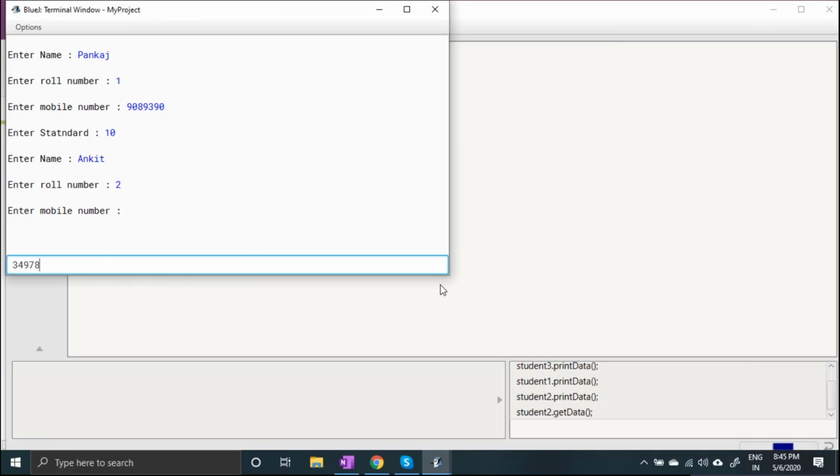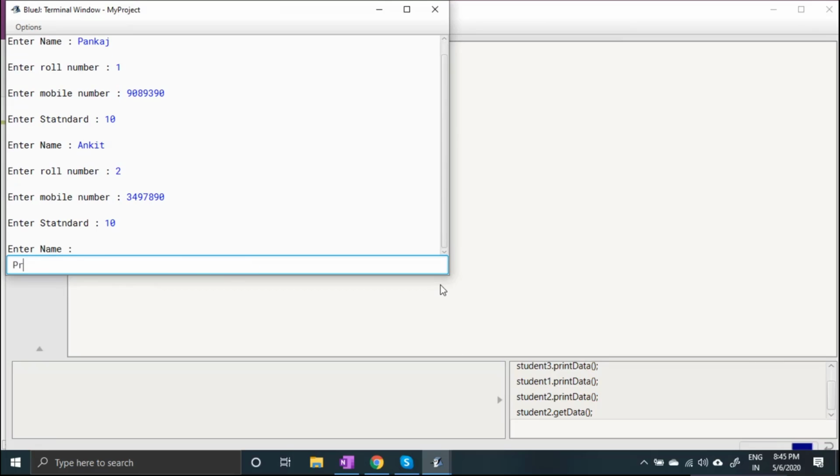Roll number two, mobile number is this, and standard is three, mobile number is this, standard is four, and so on until roll number is five, mobile number is this.